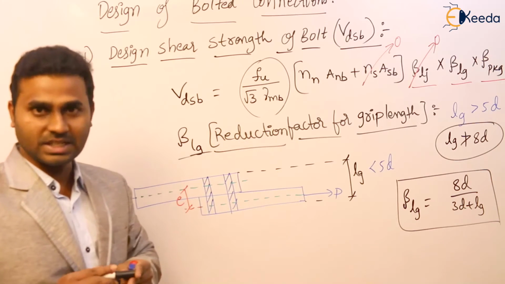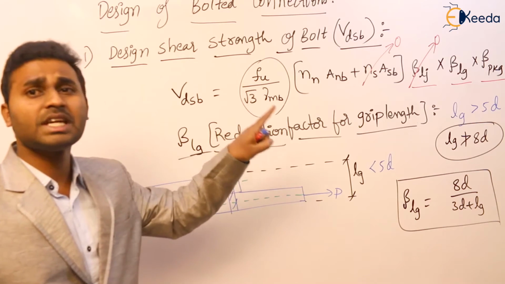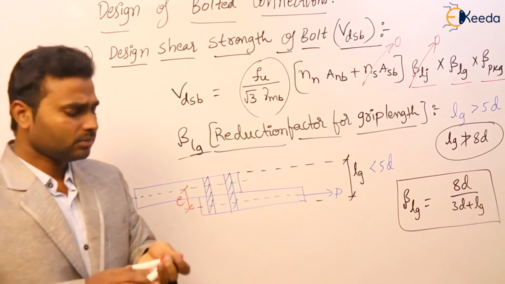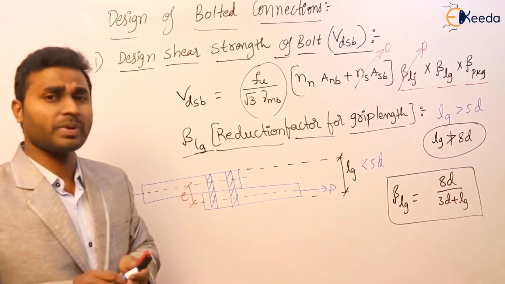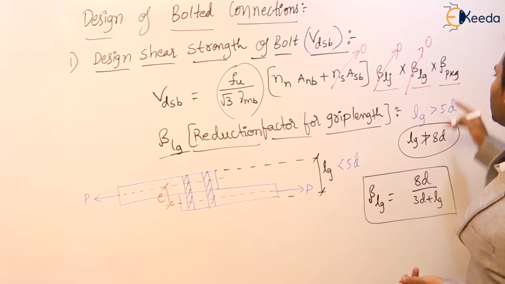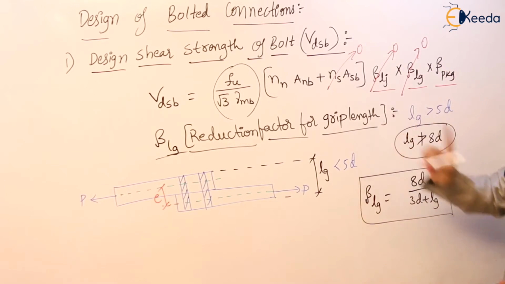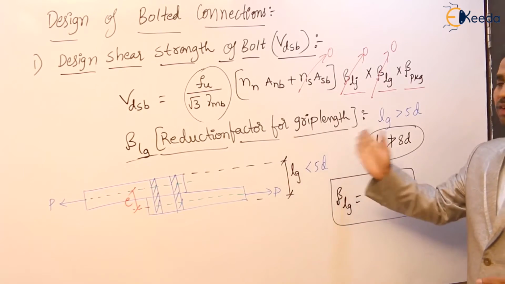So as I said, this is the design. Again, my design, my rule. So I'm going to design the connection such that in all the cases, I ensure the grip length comes out to be less than 5d. Again, no need to consider them. If you ensure that grip length comes out to be less than 5d, no need to consider this, so this is also 0. So take it down. This is the reduction factor for grip length.